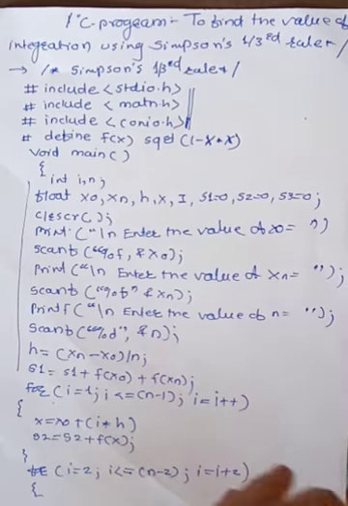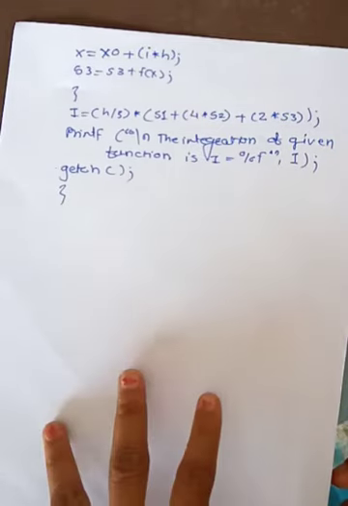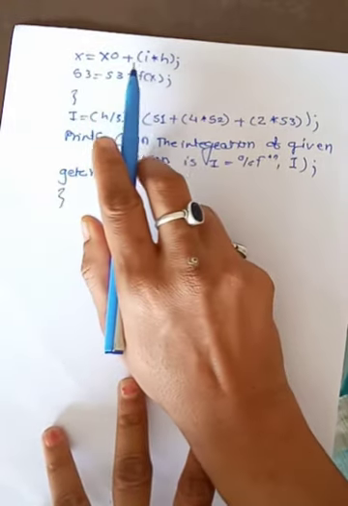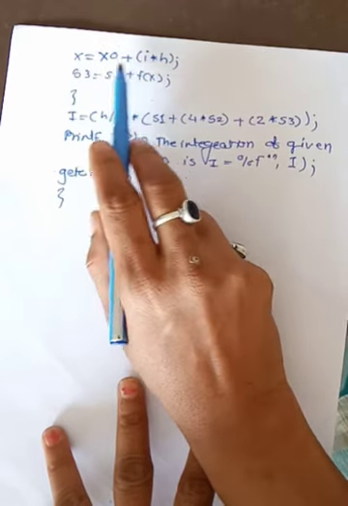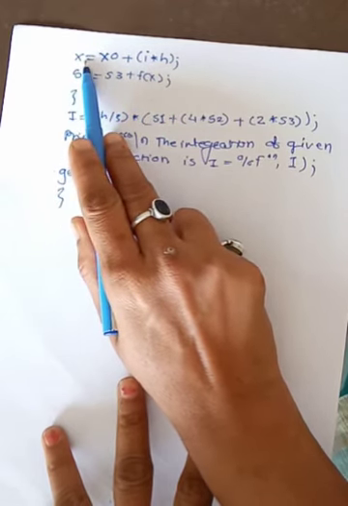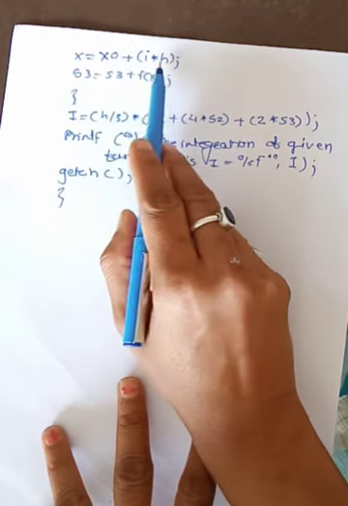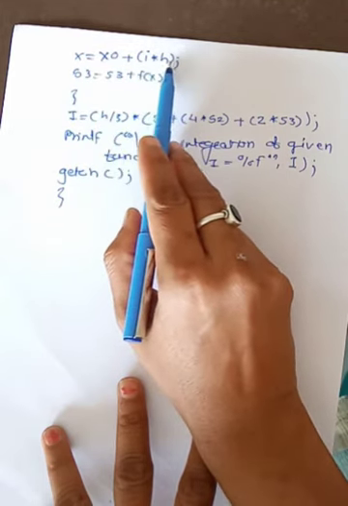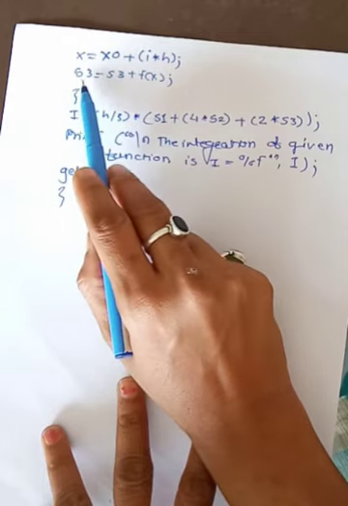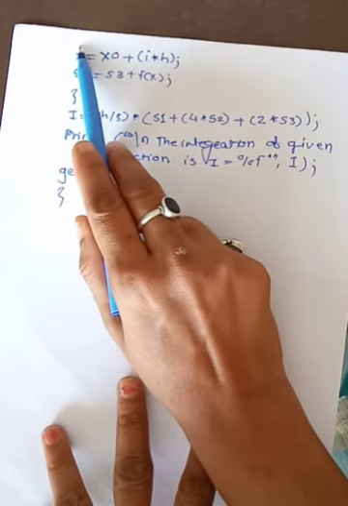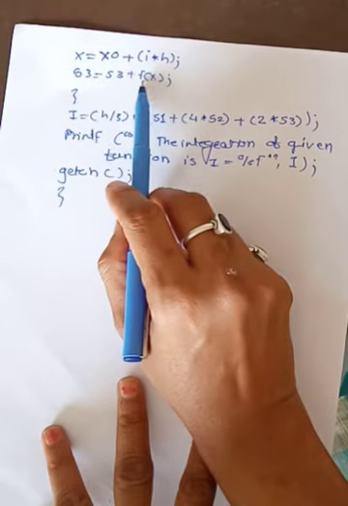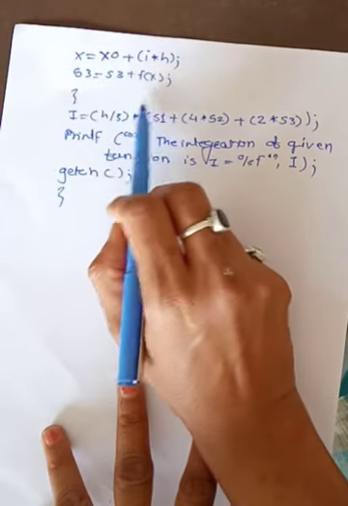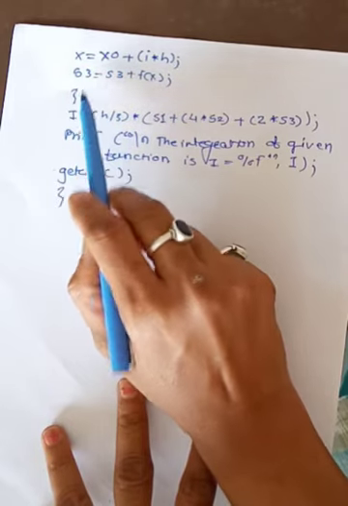Again the condition is checked. Okay, now see the condition is checked and I is incremented, then x will be calculated by using x0 plus I into h, that is I into h. I is incremented here. Now this value can be put in the function, and the function will be calculated for the value of x, f of x, and it will be assigned to s3.